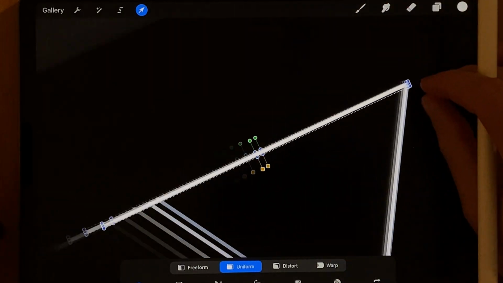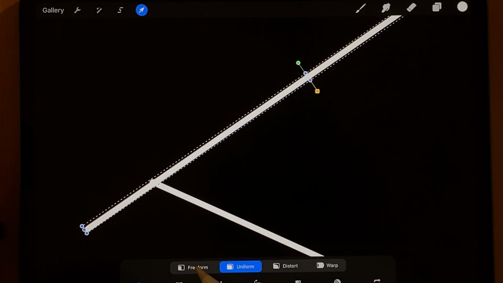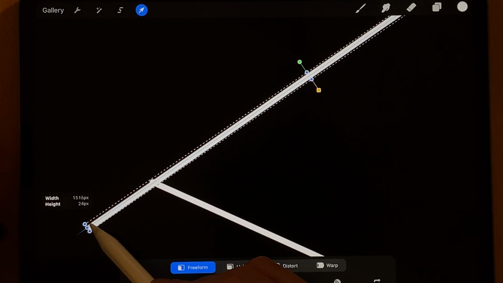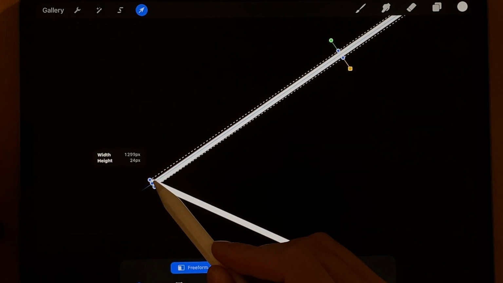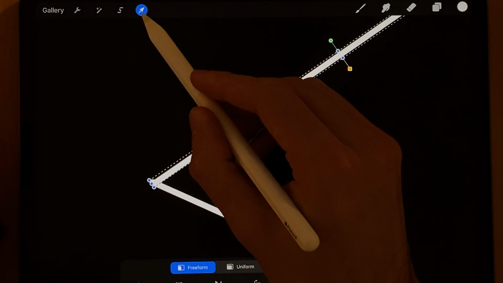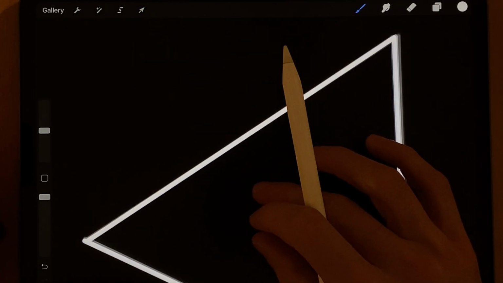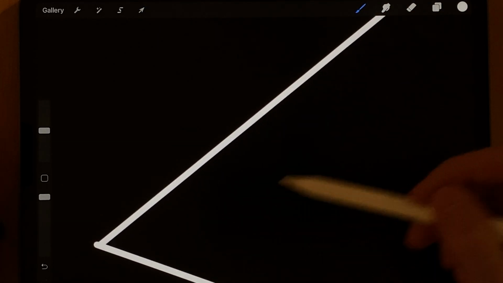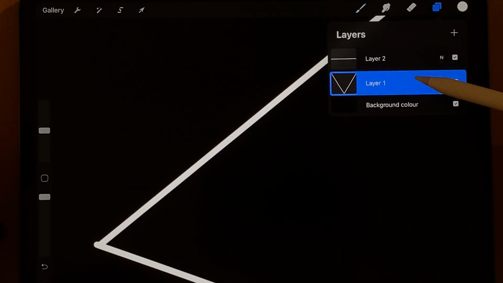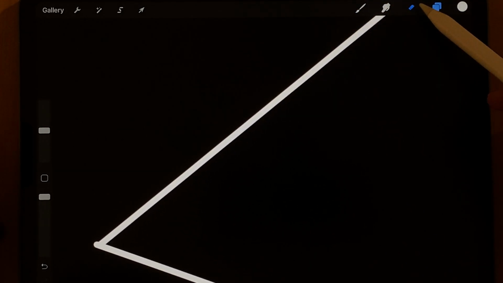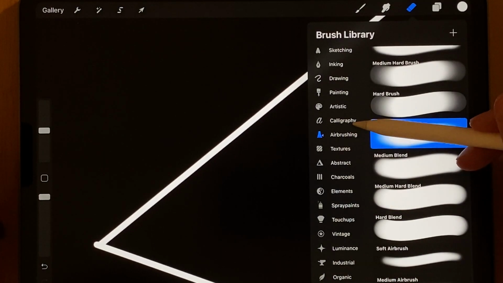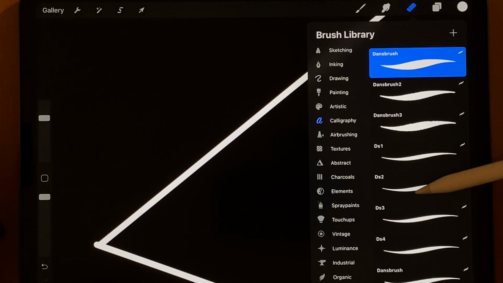And then when we zoom out, we're going to go to freeform. I'm just going to drag this corner in here. And we'll notice that one side might be slightly higher than the other based on what we had beforehand. So we're going to go to our triangle that we had below, and we're going to go to the eraser, going to select the same monoline brush from calligraphy,